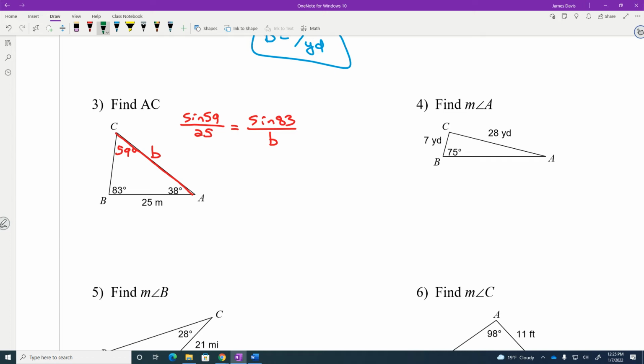We'll then cross multiply. Get sine 59 times b equals 25 sine of 83. And then we divide there, get our b. So we're going to come up with